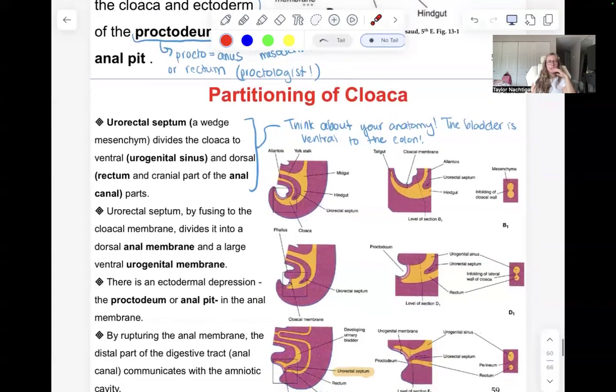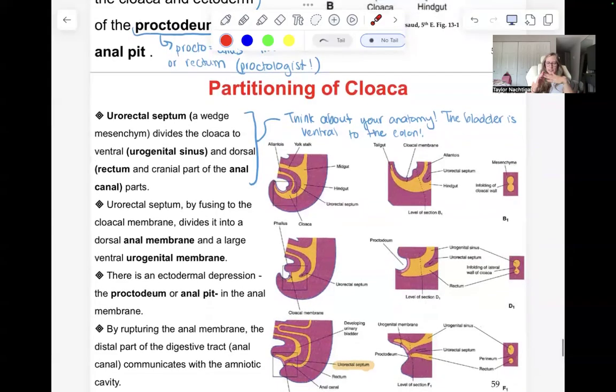Okay, partitioning of the cloaca. How do we go from a single tube in our pelvic bowl to having multiple different structures? Because we have a urogenital system and we have our rectal system as well. So what happens to create a separation or a partition of the cloaca? We are going to see the development of the urorectal septum, which is a wedge of mesenchyme that divides the cloaca into a ventral and a dorsal part. The ventral part is going to become the urogenital system, and the dorsal part is going to become the